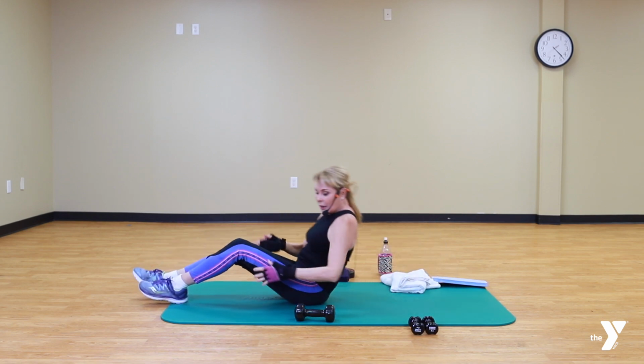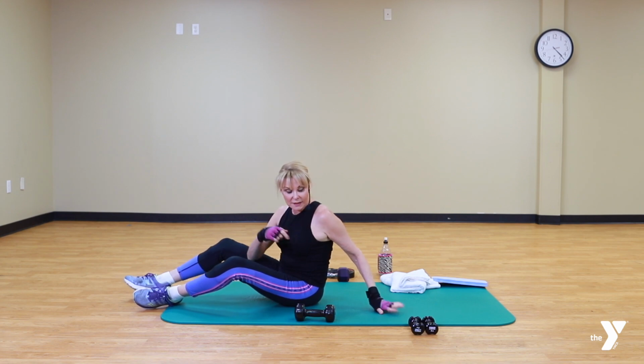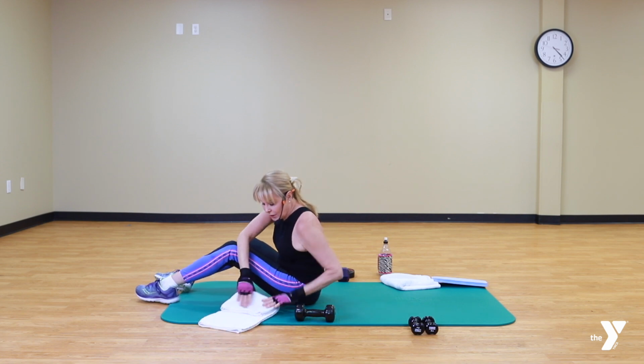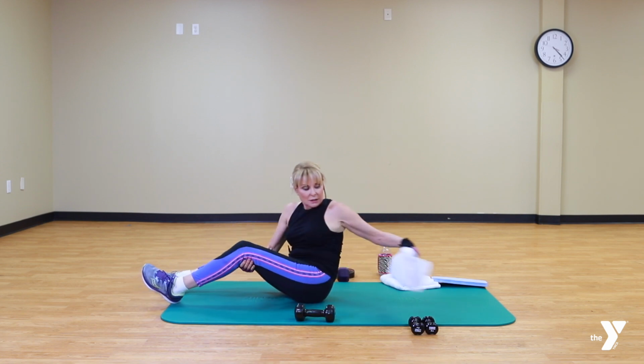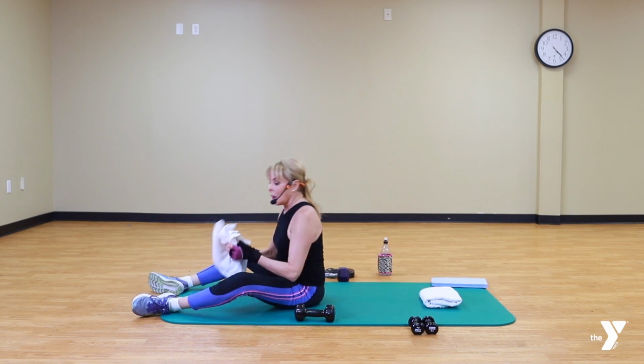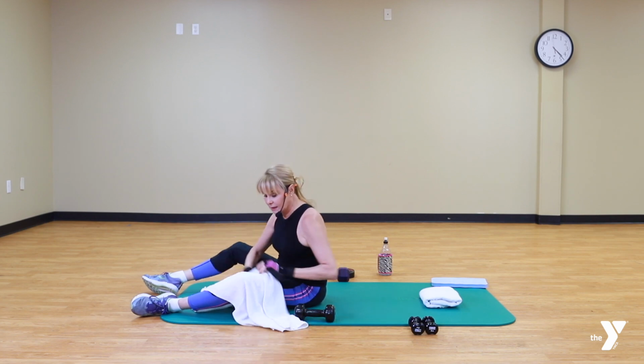So now while we're here on the mat, we're going to move on to the anterior shoulder girdle, your chest. And you'll need your head pad or your garden kneeling pad, whichever you're using. And here's something that's optional. And I know with active agers, there's a lot of degenerative disc or